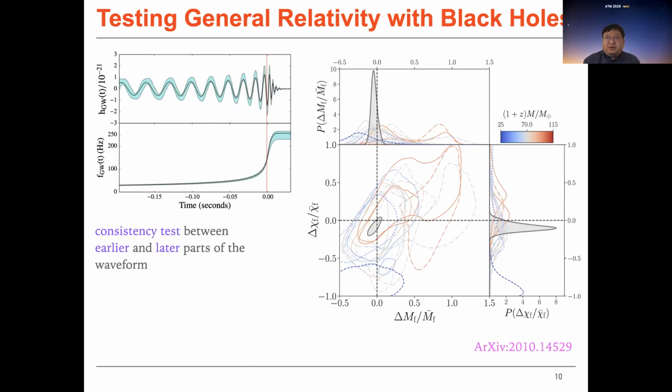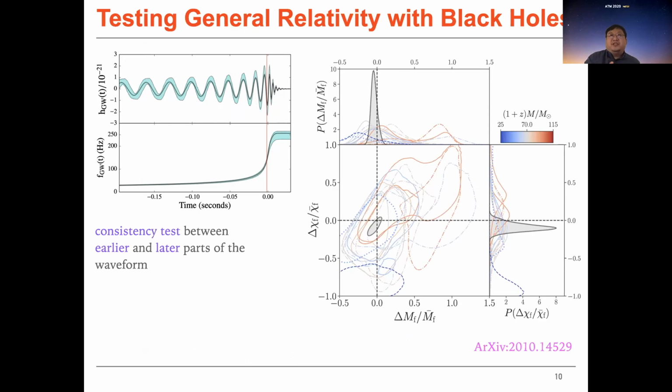There were also tests of relativity performed on these waveforms. So let me first briefly review several very standard tests. And then in the second part of my talk, I will talk more about some different physical theories that can be tested. Okay. So the first kind of test is a consistency test.